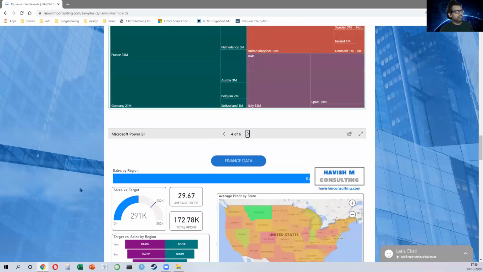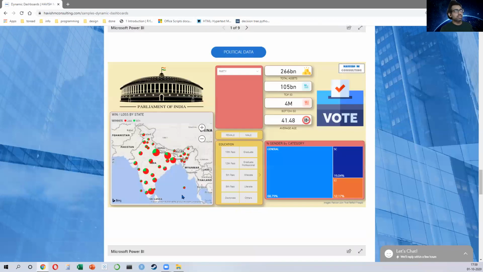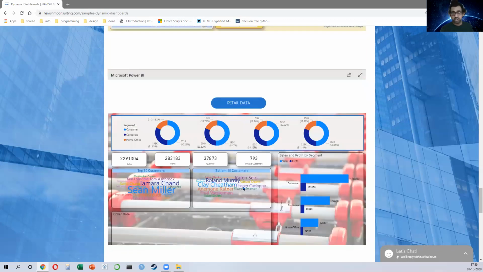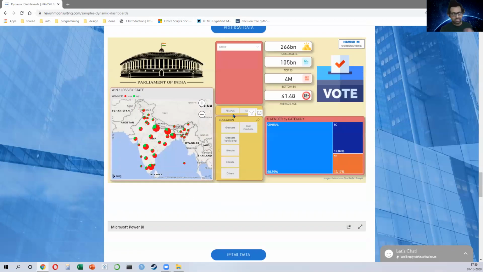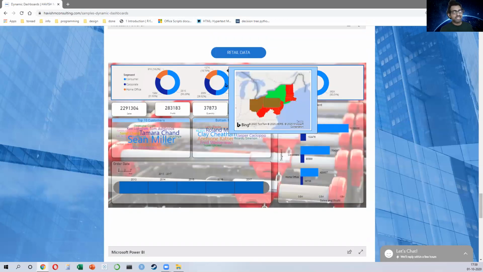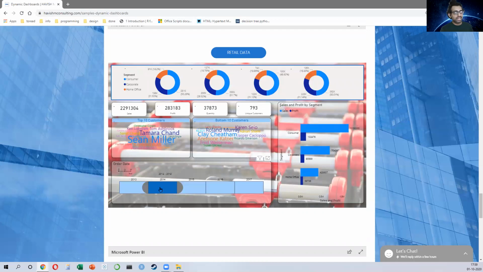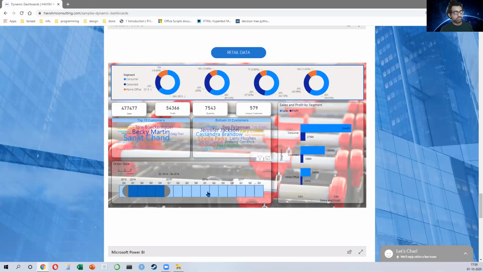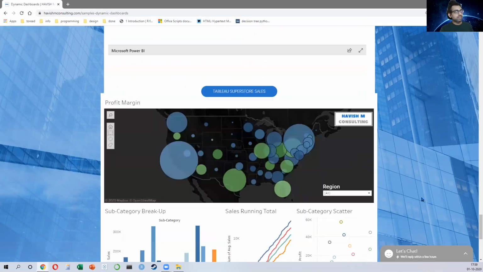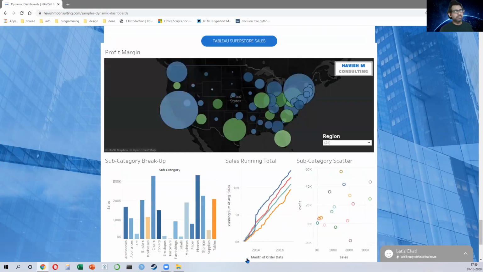Okay, then again, this is a financial dashboard. This is a political dashboard from the last national elections. This is again retail data, just very simple data, but here I've used tooltips so I can see the different states in the region. I can look at any year, I can look at any quarter for which I want to see the data, like this. Then this is done on Tableau, very similar. Like I said, Tableau is just the same tool. It just has different approaches to it.